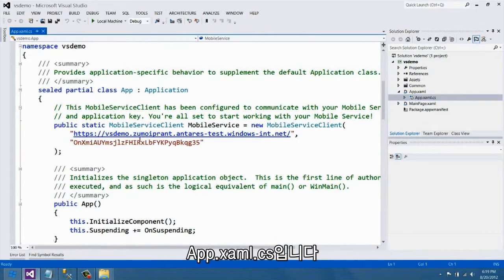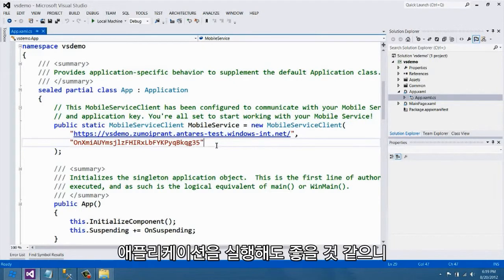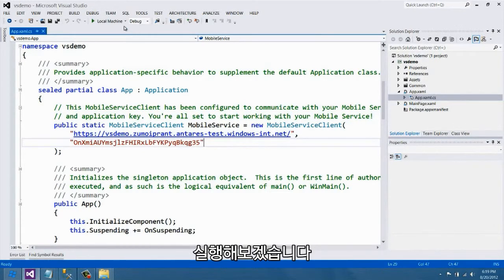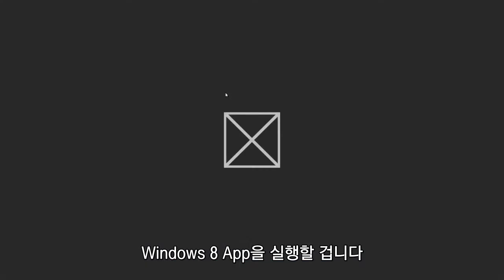And that's right here in app.xaml.cs. You can see that contains the application key and the URL for your service that we just created right now. So the application is actually good to go. So let's run it. And what this is going to do is launch our Windows 8 app that's a to-do